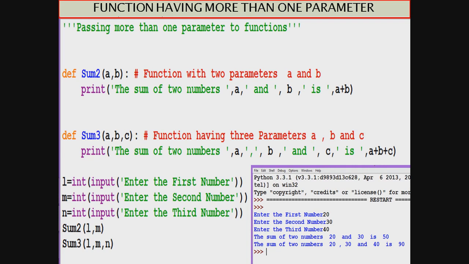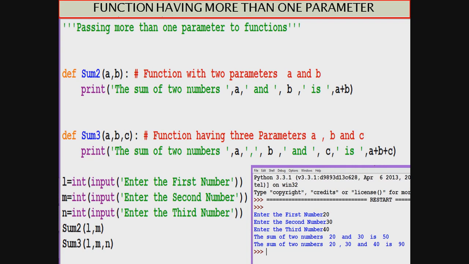We take three variables L, M and N. We put values in L, M and N, that is, the user puts values in L, M and N, and then first of all we call the sum2 function. What do we pass here? We pass L and then M. So we require two values here because the parameter list of sum2 has two variables.